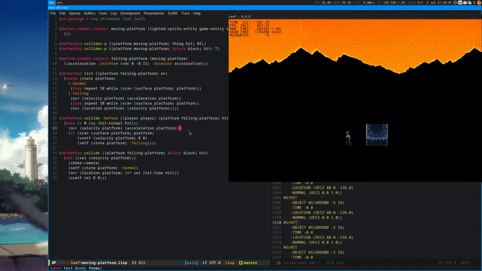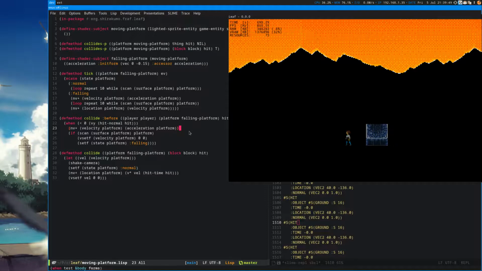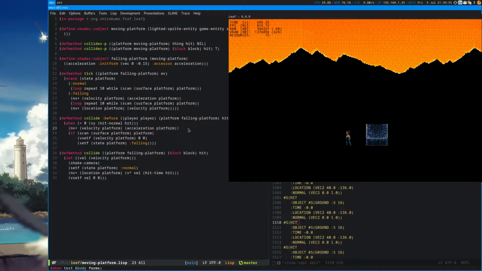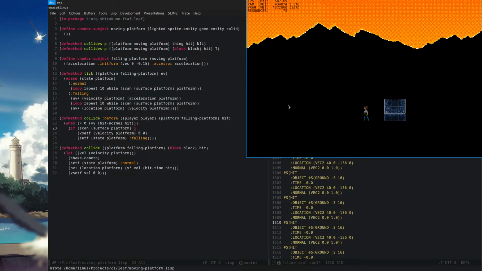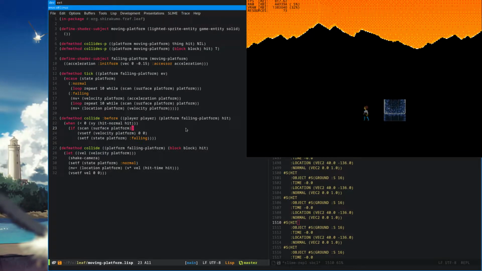Would have liked to make it without a third end state so I can just reposition it and make it fall again. I guess I have to scan for